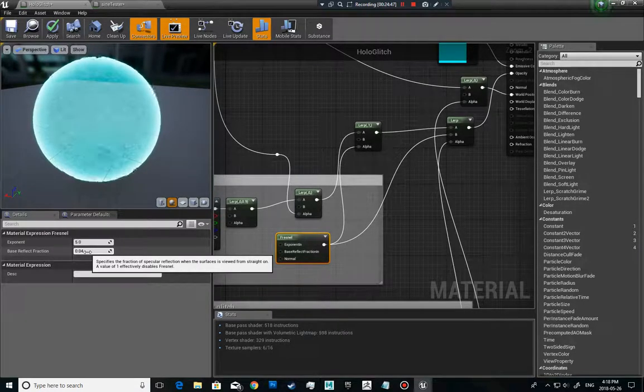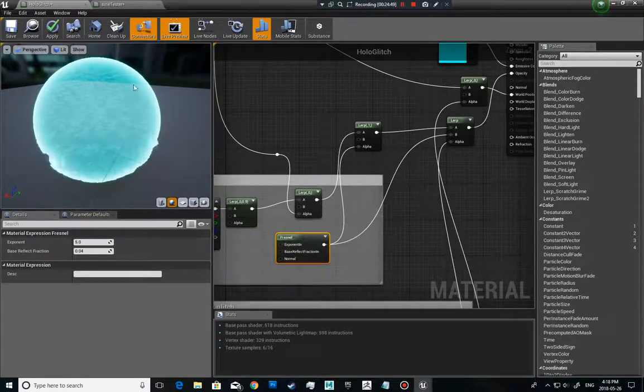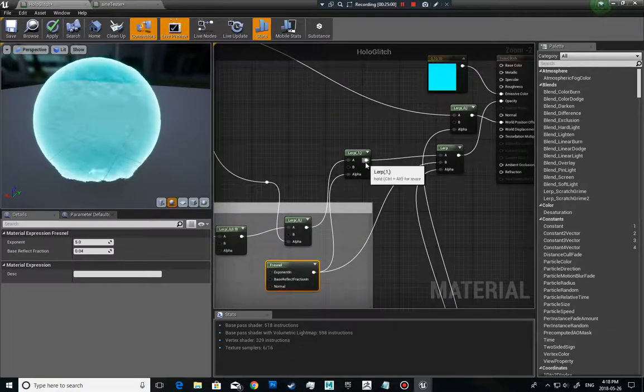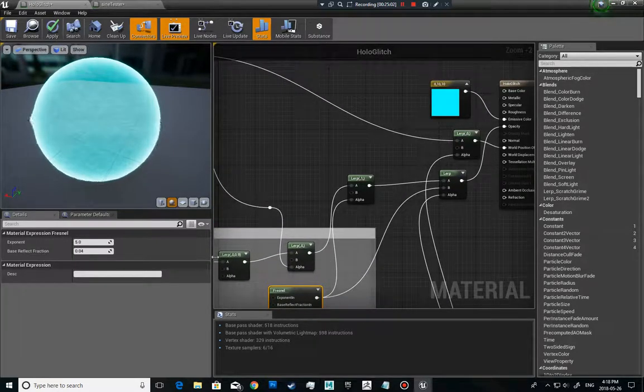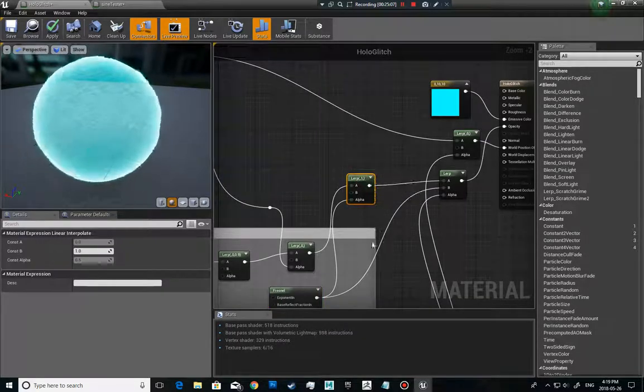So if I set this to 0, this probably would turn completely transparent, which is not actually what I want. I wanted a little bit of information, sort of a filmy kind of look in there, so I'm leaving it at 0.04. So it's controlling this lerp again, which is the mixture of this stuff, to a value of 1, so turning it on. So keeping it whole versus not there,